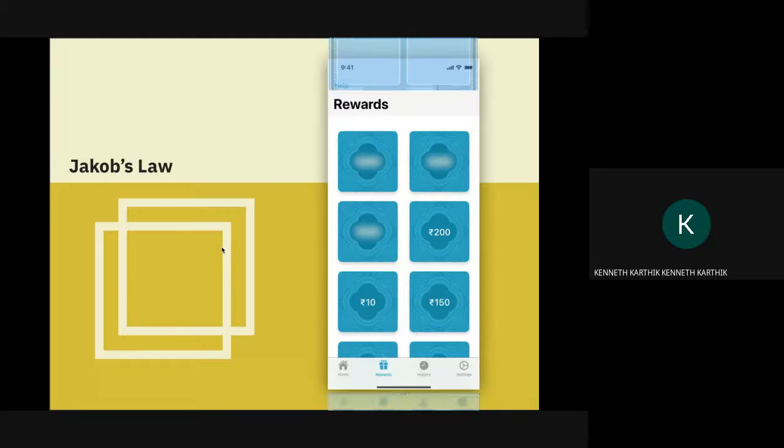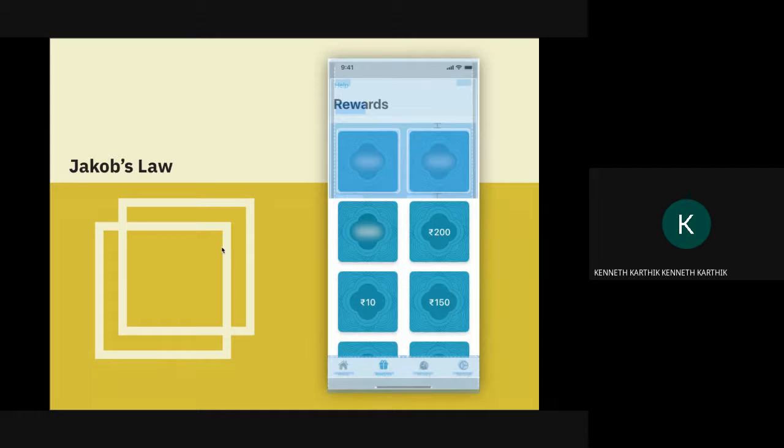And then Jacob's law. Jacob's law is that users spend most of their time using other things. There is no way a person will spend most of their time using your tool, which basically means that most of their time goes in using tools which are not yours, which builds their own form of a mental model. And so when you are building a site, you need to make sure your site or your product works very similar to how the other applications also work. So that is what comes in over here.